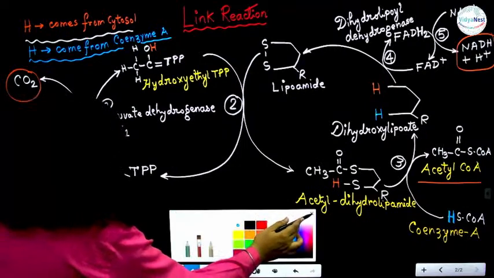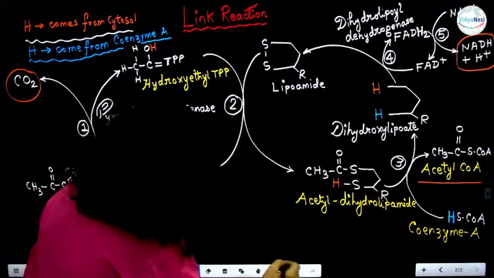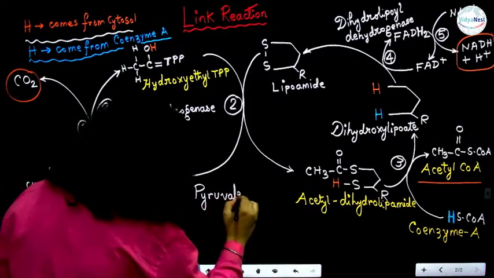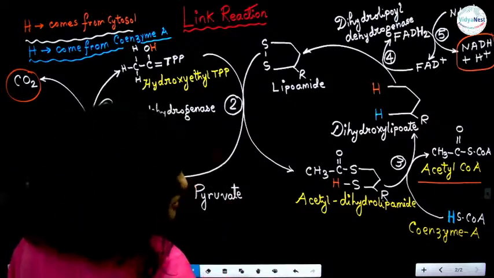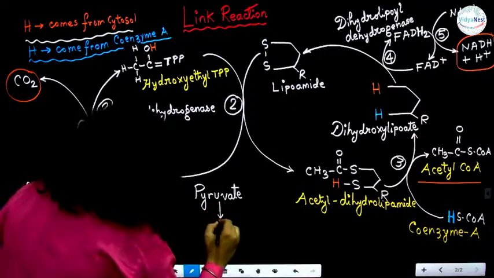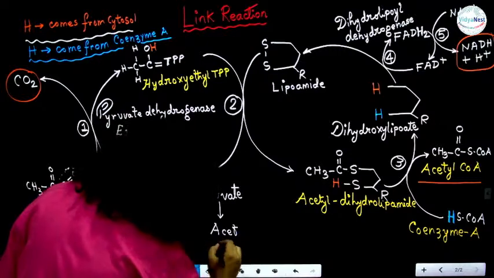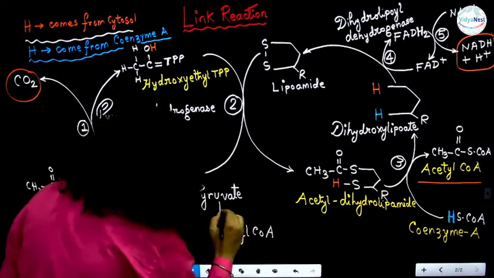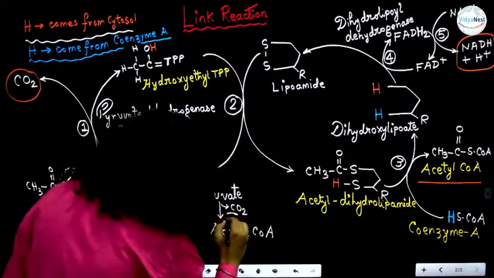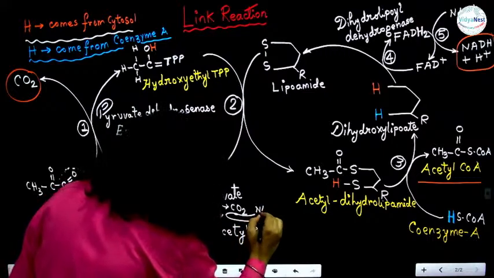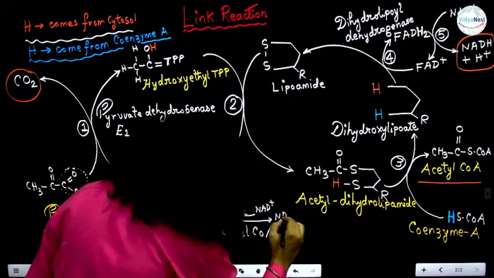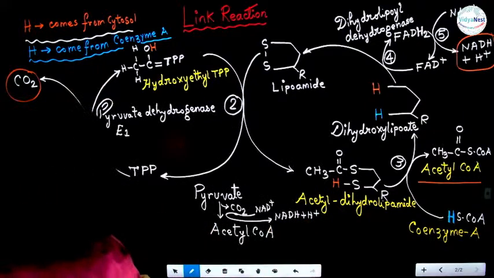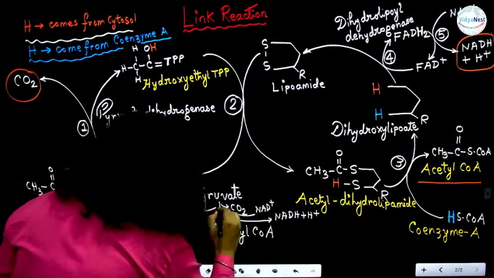If we look at the reaction I did earlier, pyruvate gets converted into acetyl CoA with elimination of carbon dioxide and along with formation of NADH plus H plus, and HS-CoA is also involved,